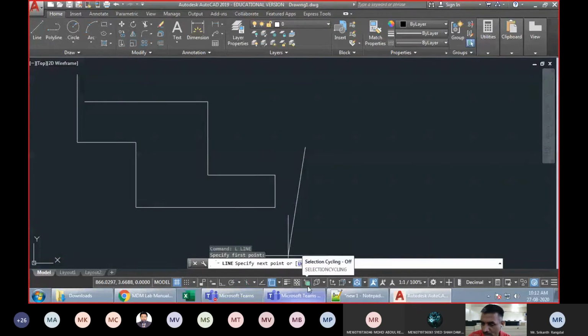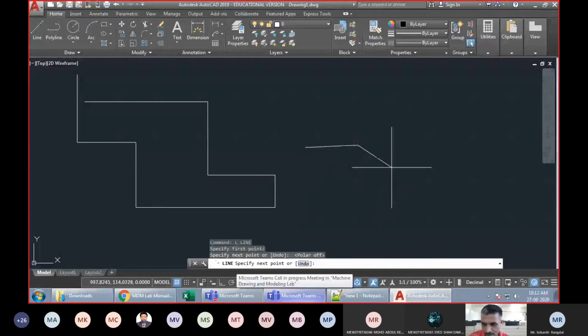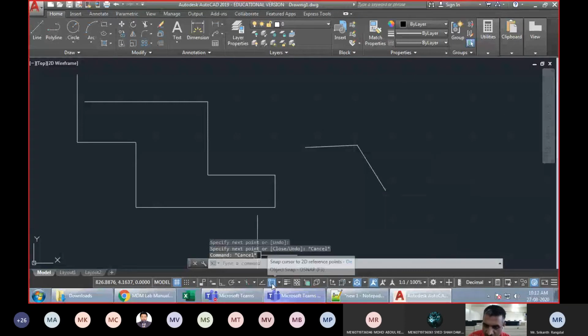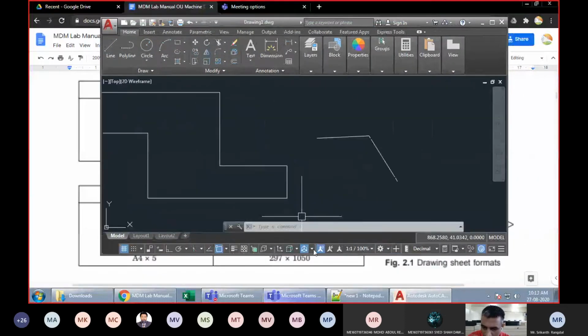The next very important option is object snap. I'll just explain the importance of object snap. You can see this option here is called object snap. So when the object snap is off, what will happen? I'll tell you. Now suppose you want the line to start exactly at this point. Fine, exactly you want the line to start at this point. You can see I've chosen this point very, very carefully.